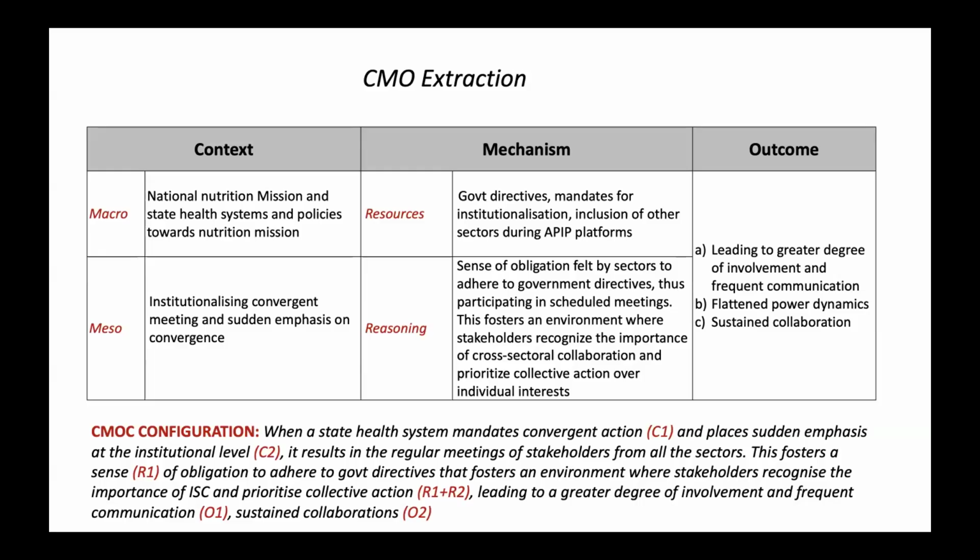So once you start to extract the CMOCs, you will find a CMOC configuration. When a state health system mandates convergent action, it can act as context number one. It places a sudden emphasis on the institution level. It could act as context number two, and it results in regular meetings and stakeholders feeling much more involved, and this fosters a sense of obligation, and resources and reasoning would come in, leading to a greater degree